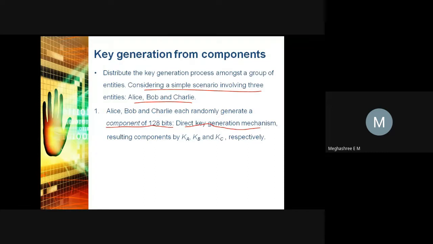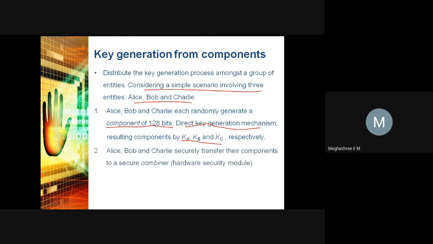So all these three entities initially generate keys by following a direct key generation mechanism, and those keys are represented using Ka, Kb, and Kc respectively. Once this is created, the next step is that the components formed in the first step are transferred to